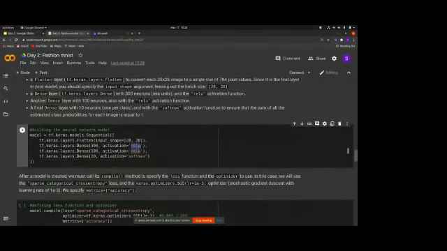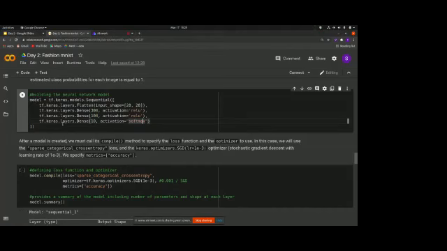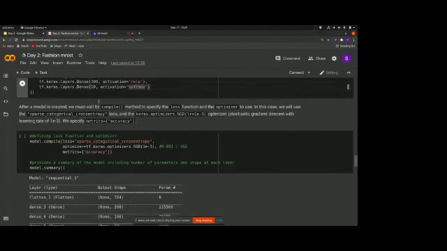The activation is softmax, which, as discussed yesterday, gives us the probability of each neuron being the answer to our input, that is, being the category our input belongs to. This is how we define a model, and we can add more layers, and there are a lot of other types of layers. We'll not get into that here. We can add more here, but we'll keep our neural network simple.